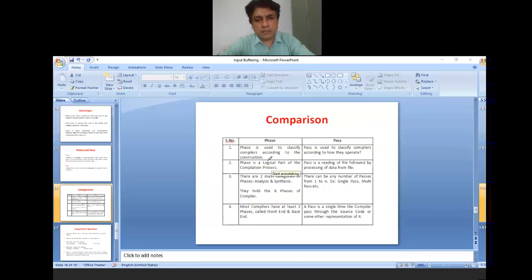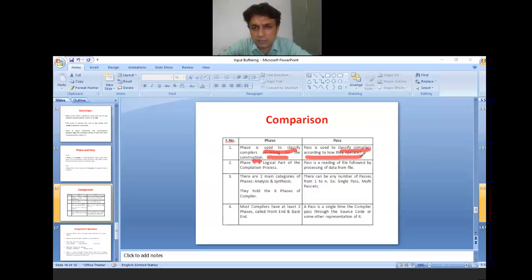As you can see in the phase column, a phase is used to classify compilers according to the construction. But in the case of pass, a pass is used to classify compilers according to how they operate.